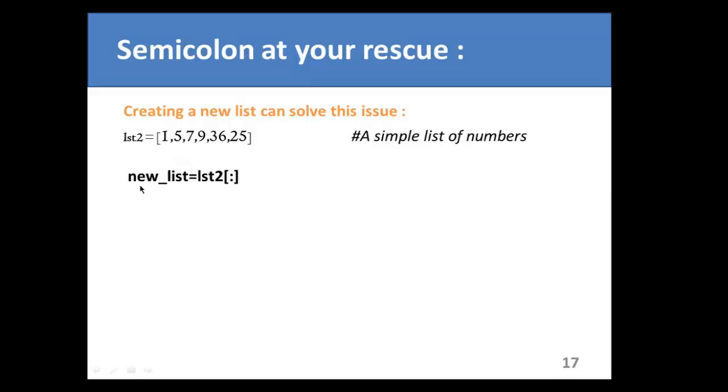So now if we do something in this new list, it would not be reflected in lst2, because the new list is not pointing to it. It's actually a new list having all the elements of lst2 in it. So here is how we can create a new list having all the elements, and then we can change this new list, and the change is not reflected in